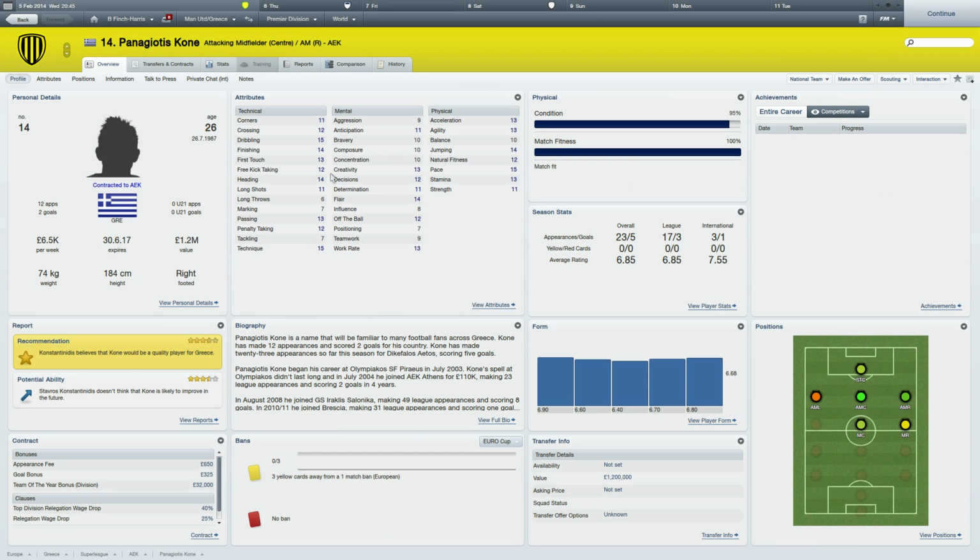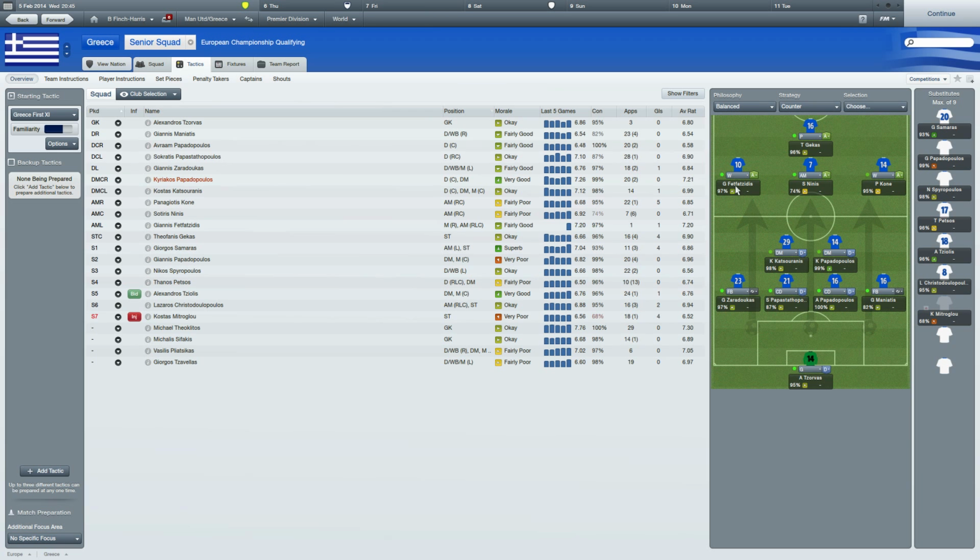Kone, good player, well-rounded, just a good attacking player. Good at, well, not good, but decent at pretty much everything. Good passing, good dribbling, reasonable pace. You know, all that you need really. And then